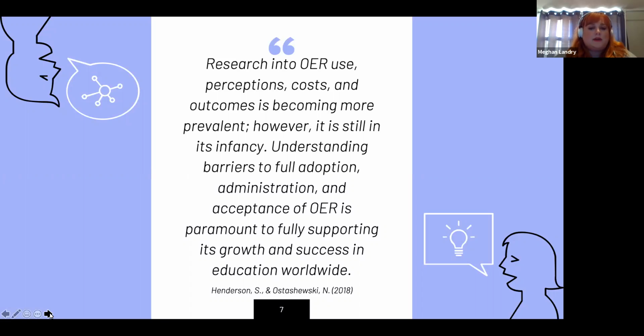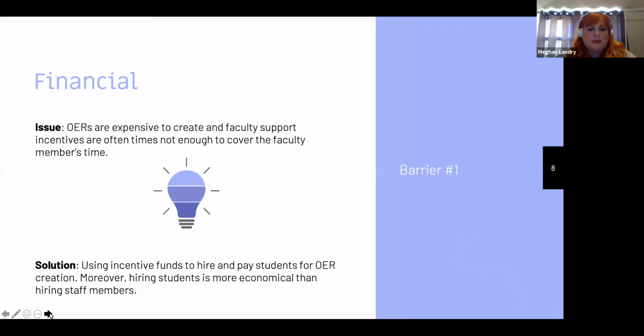There are many barriers, most of which I won't be delving into today, but as per Henderson and others, this includes copyright support and understanding, open licensing initiatives, perceived quality, difficulty finding relevant materials, and resistance of educator participation in OER use. However, I have chosen 4 important barriers that I believe can be mitigated with students as partners.